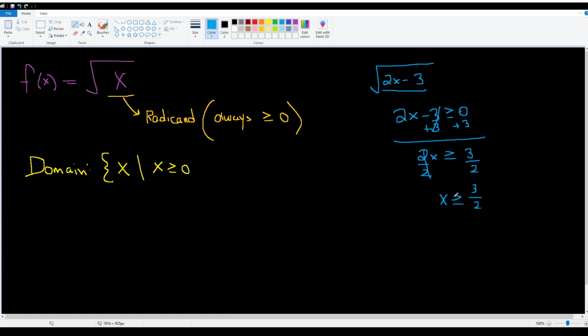So here, my domain would be x such that x is greater than or equal to 3 halves. So it really all depends upon what the radicand is. So to find the domain, you take your radicand, set it greater than or equal to 0, and solve. That's how you find the domain. Now the range